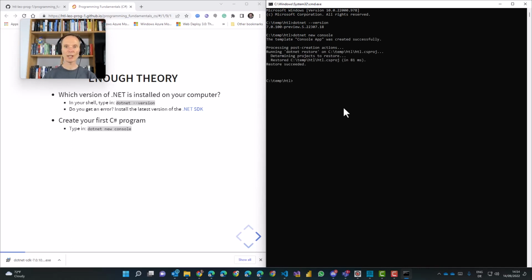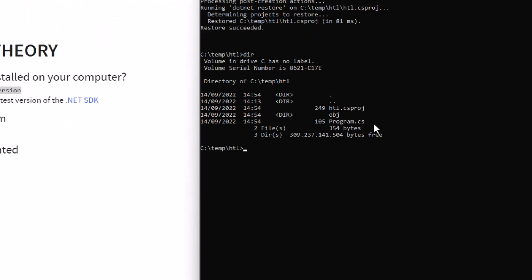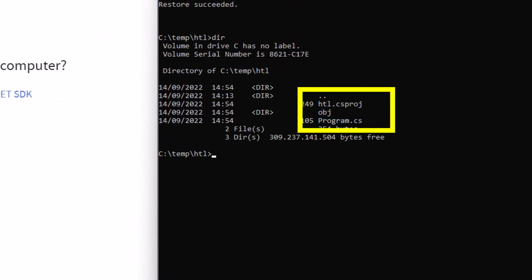The system is working for a little bit. Maybe the output that you see looks a little bit different from my side here, because if you start .NET for the very first time, a lot of additional stuff is printed on the screen, but at the end of the day, the system should have created a new program for you. Do you want to see it? Hey, let's check the content of our folder, dir. See? Welcome to the world of coding.